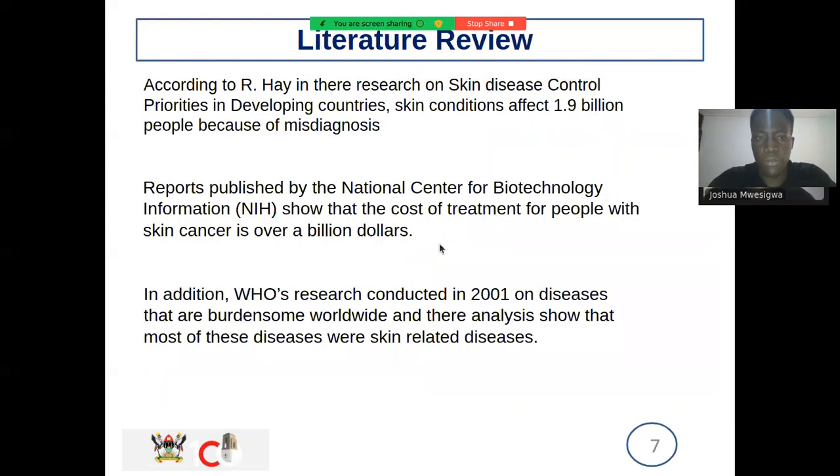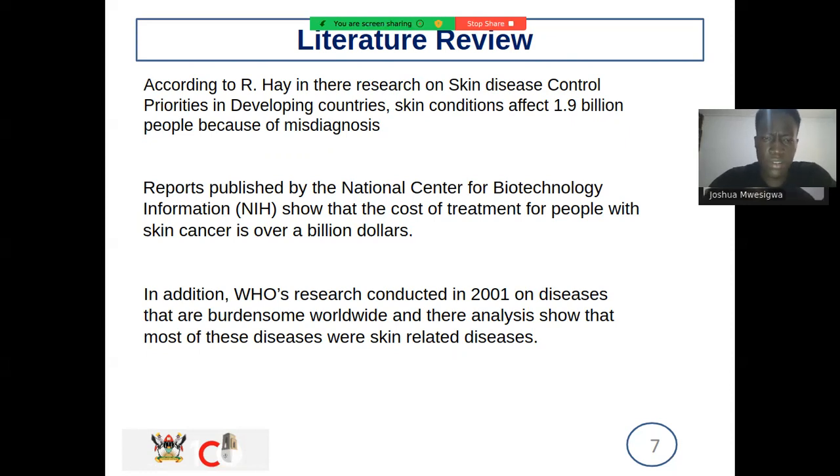That will be the scope of our research. To talk about the literature review, a lot of research has been carried out around skin diseases and skin conditions. RRA, in their research on skin disease control principles in developing countries, found that over 1.9 billion people are faced with this problem of misdiagnosis. You find out that 1.9 billion people are misdiagnosed when they head out to get diagnosis from doctors in